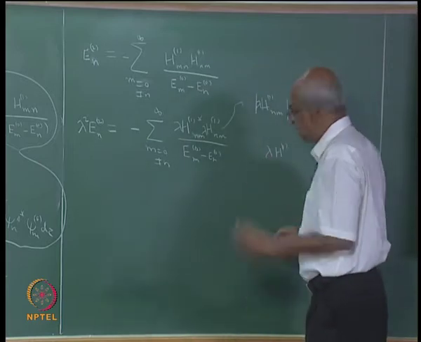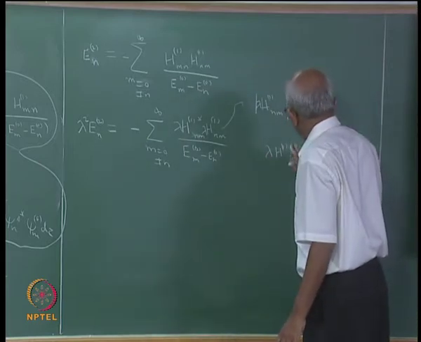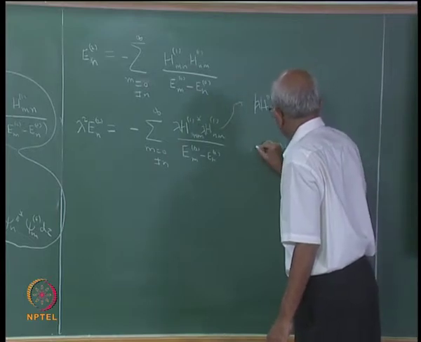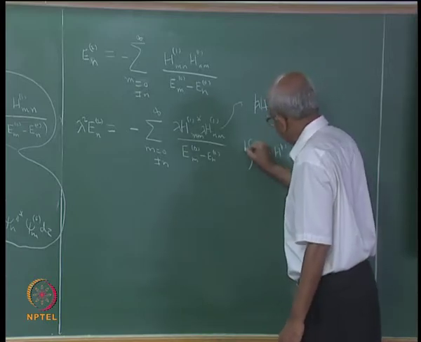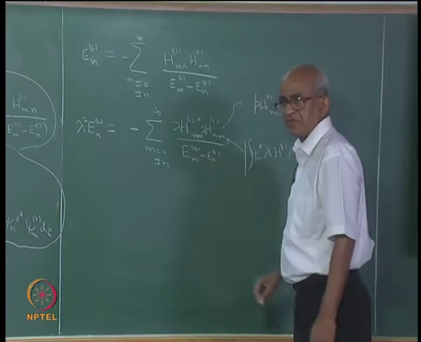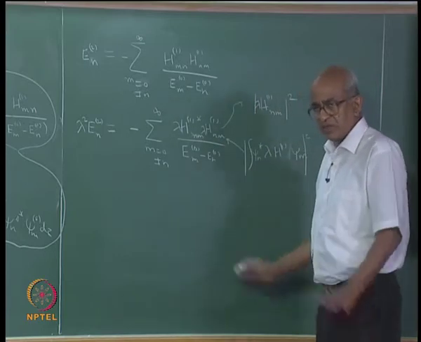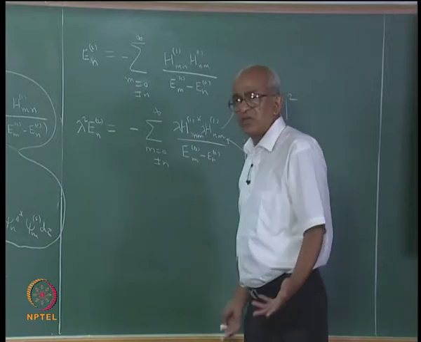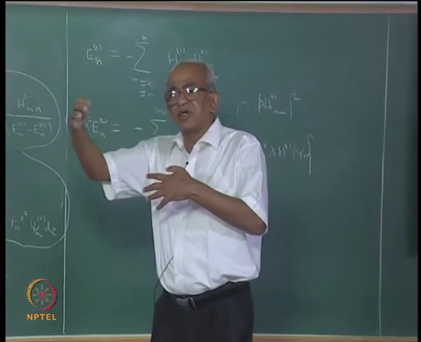Remember, lambda h1 is the perturbation, so you have to take the matrix element of this between psi m and psi n. Calculate that, take its magnitude and square it. That is the term that is going to occur here, right? And you have this one, Em0 minus En0, that is actually the difference between the different energy levels of